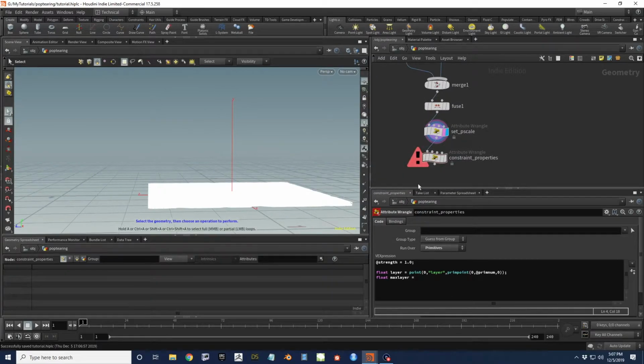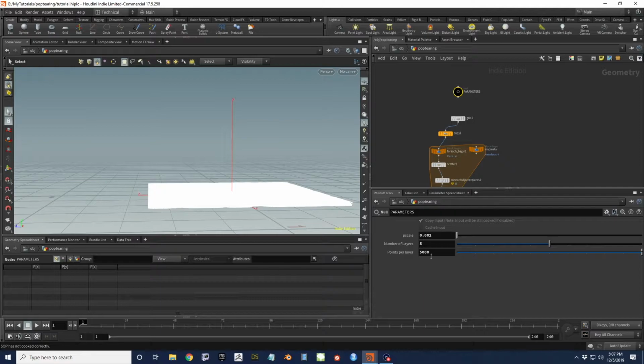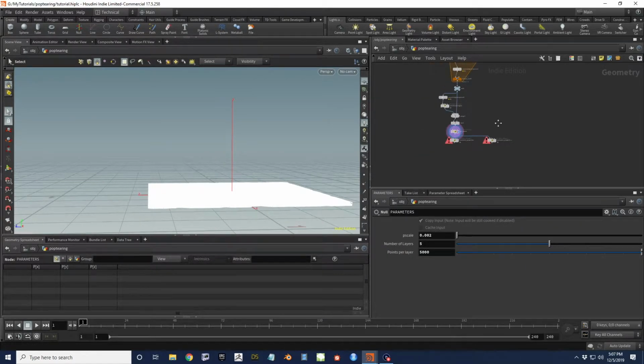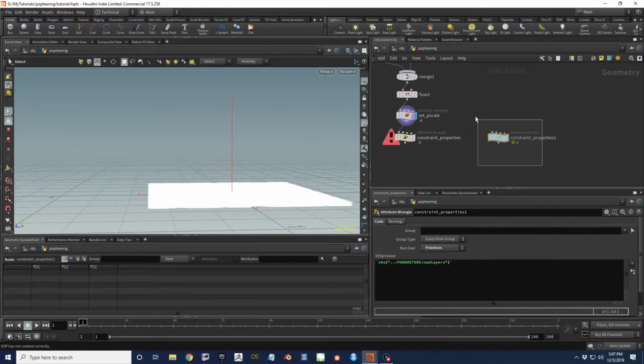So often what will happen when you're copying over parameter values, I find this very frustrating, so I'm going to copy this just to demonstrate. If I go up to my parameters here, and I grab this number of layers, that's the value I want, I copy parameters. If I come down here and say paste relative reference, it deletes everything. It gets rid of everything in here. I've had this happen a number of times and I find it very frustrating. What you can do instead, as a workaround so you don't have to create a new node and paste it in there,